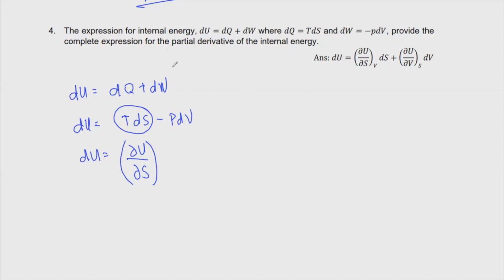So with this, we don't have to look back at our problem, because you can see right from here that we need to set this as constant, so that becomes constant V. And then of course, based on our total differential, you have to add